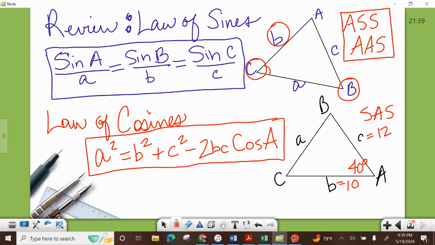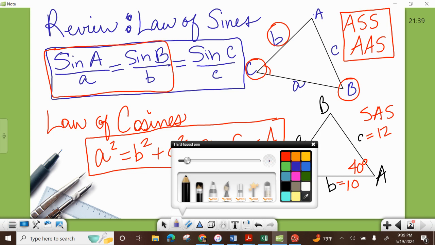So in this instance, it depends on what I'm looking for. If I want to find side A, the problem is I don't have anything that matches up. Look at the law of sines. I could go sine A over A, but I don't have side A. I can't do sine B over B because I don't have angle B. I can't take any of those two pieces of sine, whether it be these two